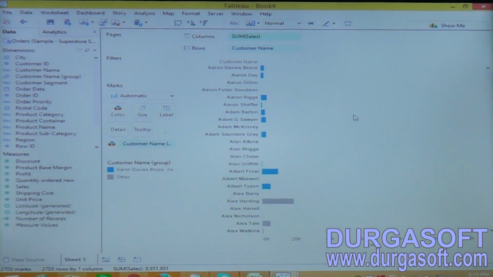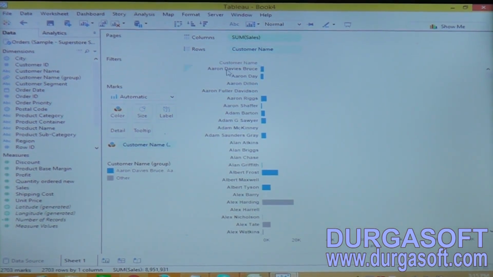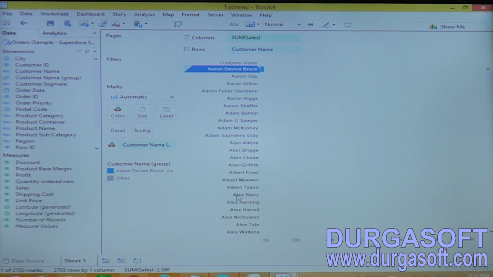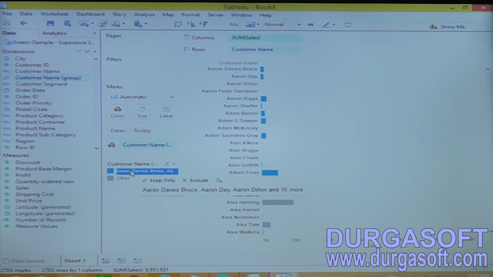We actually added these customers as a group. When you create a group, it creates one more dimension, the customer name group. Whatever is in that group is shown in blue color, and the rest of the other people are shown as Others in gray color.